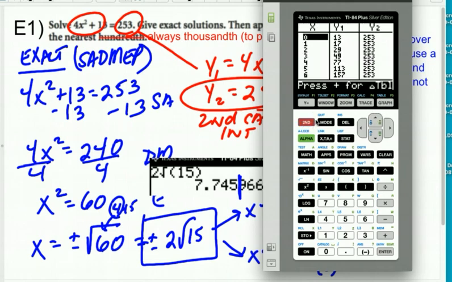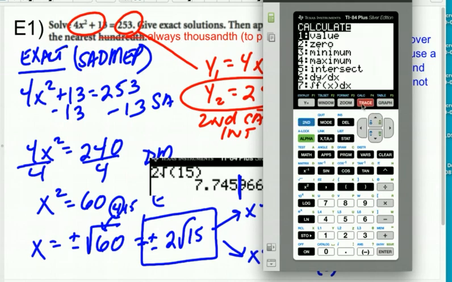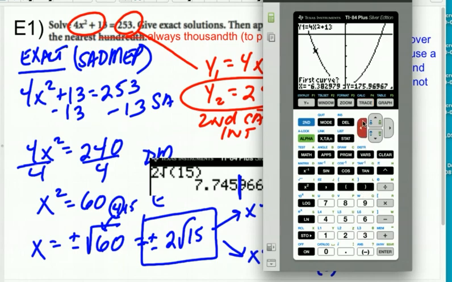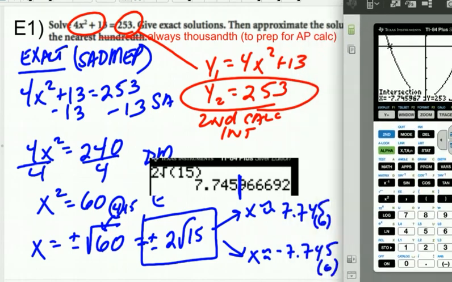Okay, wait. Graph, second calc, intersect. My bad, sorry. The stupid pen went in the wrong direction and it caused a problem. All right, there we go. Enter, enter, enter. There's my answer, and then I would find the other answer the same way. That's fine. You can either do it